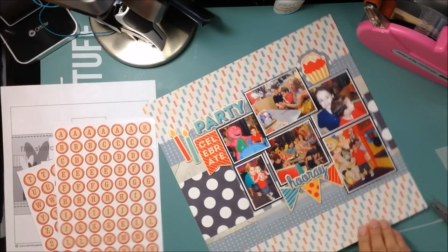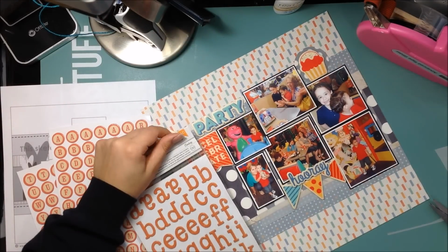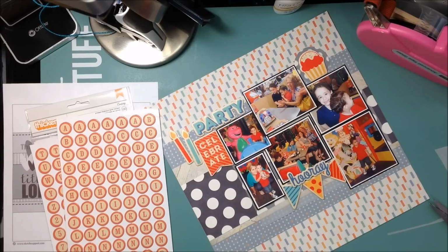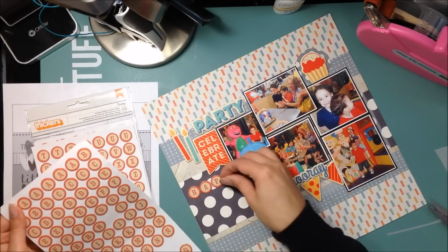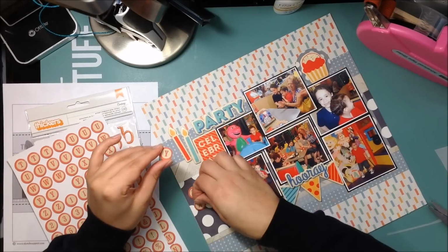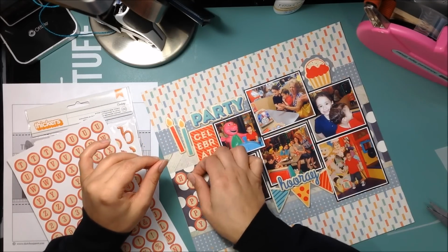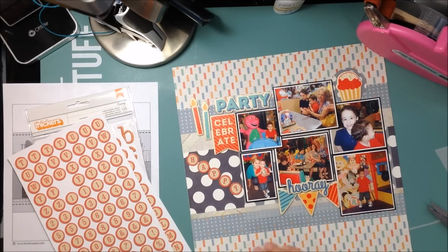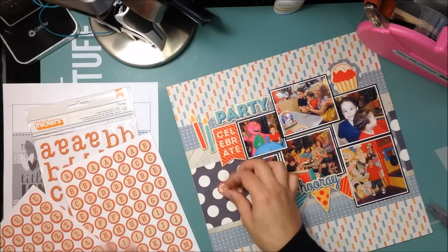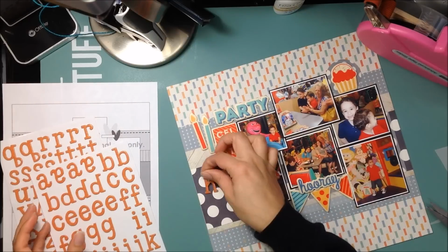Very inventive. But I thought about using these thickers, those little round ones, but I don't end up using those. They were just kind of like a coral color, and even though they're really pretty, they didn't really go with this. They're like bingo chips. They didn't really go with this, and I didn't really like the way that they looked. And then, I don't know, they just weren't standing out on that polka dot paper. Anyway, I don't end up putting my stickers on that polka dot paper, but I decided to